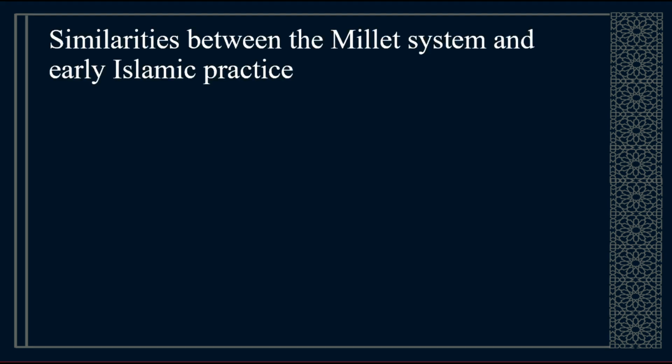Let us look at some of the similarities between the millet system and early Islamic practice. The millet system was not an invention of the Ottomans. Many features of the system were actually extensions of the Zimma system that existed for centuries under Islam. One can also see some influence from the system that the Mongols developed to manage religious and ethnic diversity in their vast empire. So just to refresh our memories and to give a little historical context, let's run through what the notion of the Zimmi referred to and how it came about.